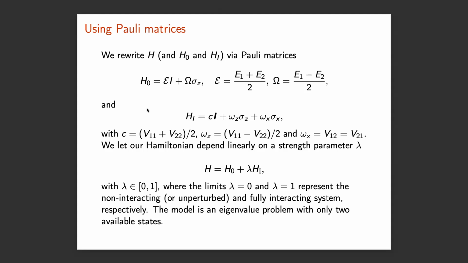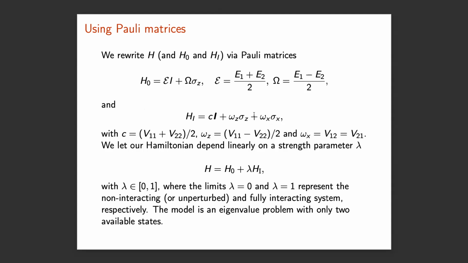I don't know if you had time to look at this, but this is actually one of the steps in the project. And we can then rewrite the interaction piece as a Pauli X piece, because with these redefinitions here, if you have diagonal elements, this becomes a little bit more tricky. If you only have